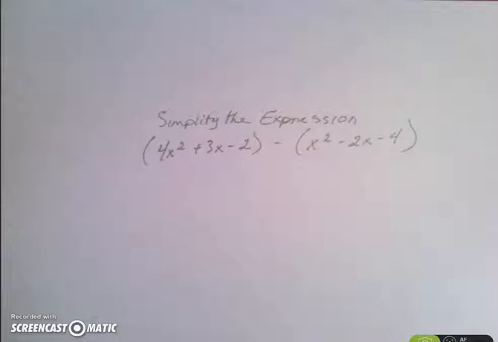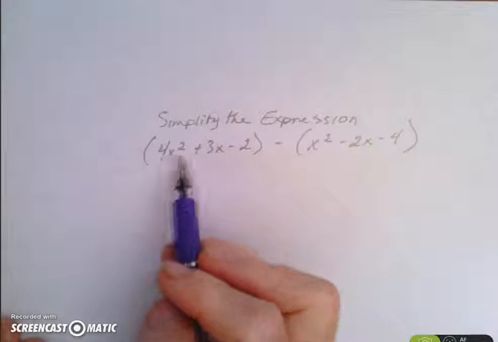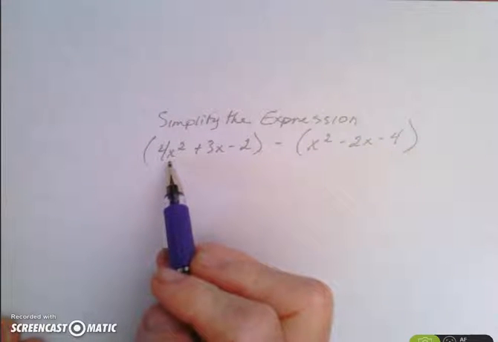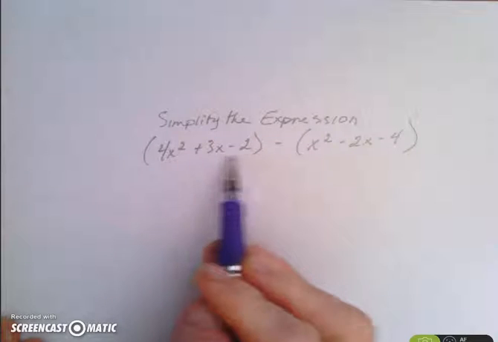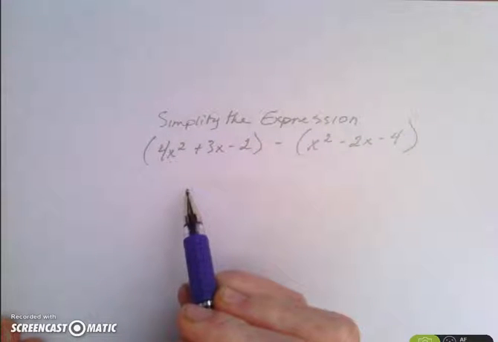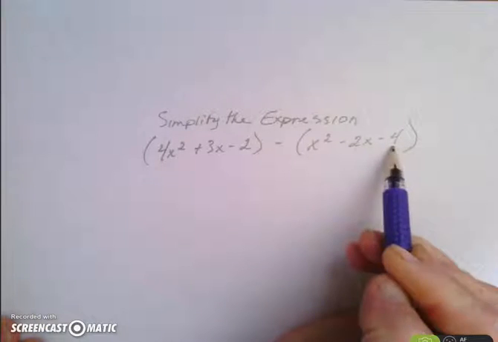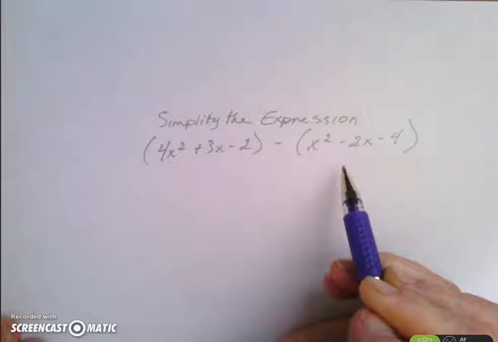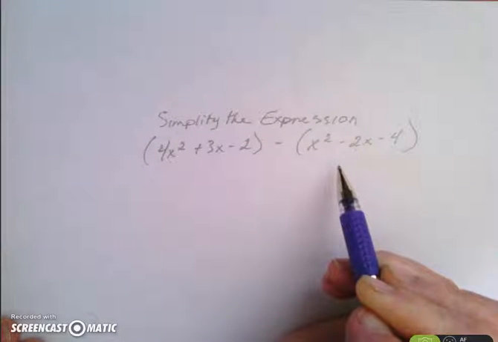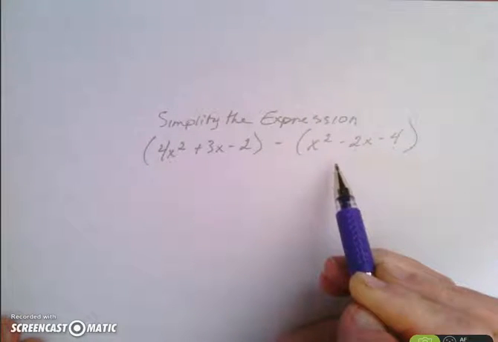For this problem, we want to simplify the expression. This expression contains two trinomials, and they are trinomials because each expression has 1, 2, 3 terms. So that's our first expression, and here's our second expression, 1, 2, 3. So that's also a trinomial. And what we want to do is simplify this by subtracting the second